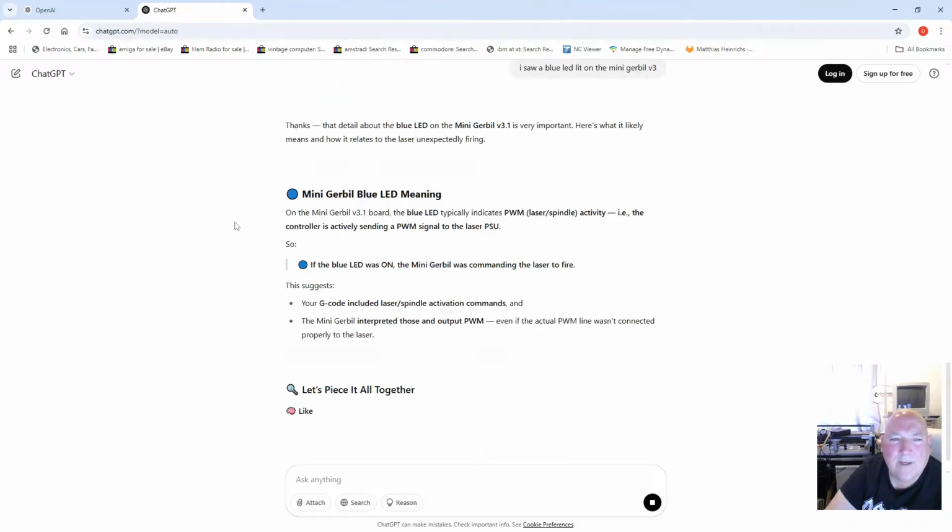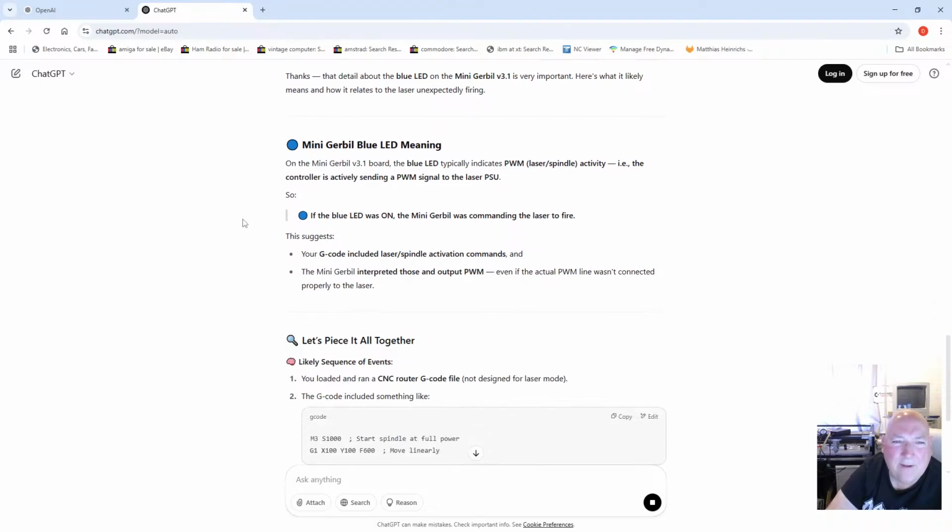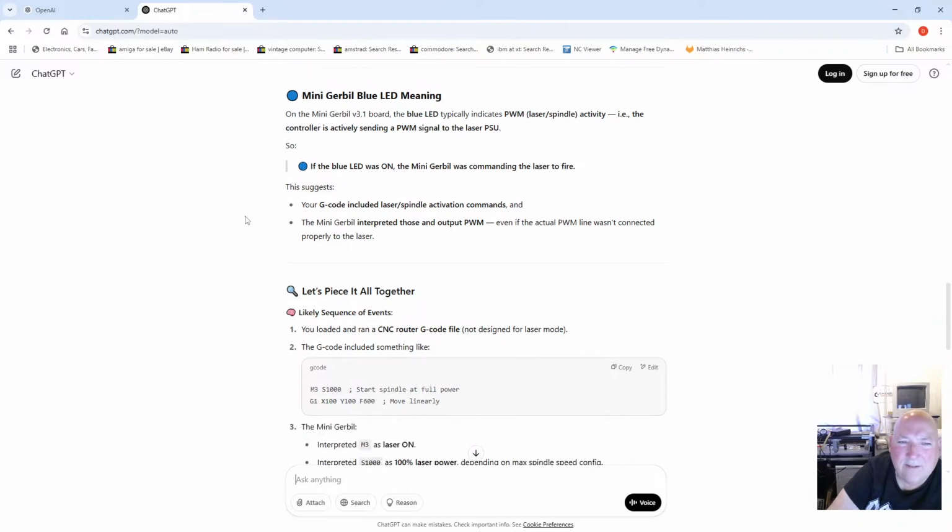Here's what it likely means as it relates to the laser. Mini Gerbil blue LED meaning on the Mini Gerbil V3 board: the blue LED typically indicates pulse width modulation laser spindle activity, i.e. the controller is actively sending a signal to the laser PSU. So if the blue LED was on, the Mini Gerbil was commanding the laser to fire. Your G-code included laser spindle activation commands, and Mini Gerbil interprets those as output, even if the actual pulse width modulation line wasn't connected